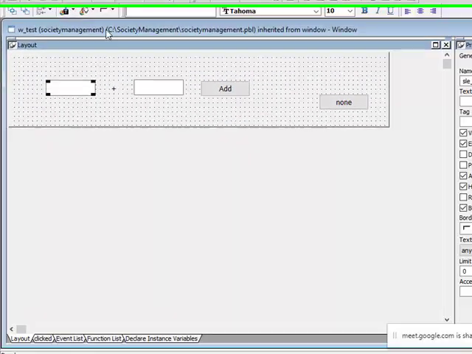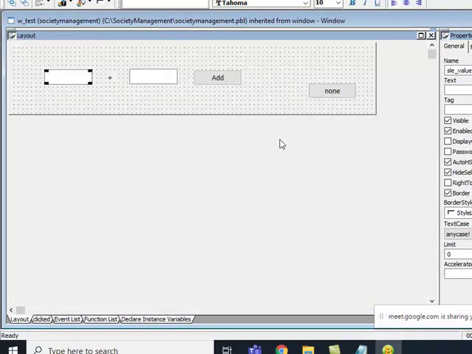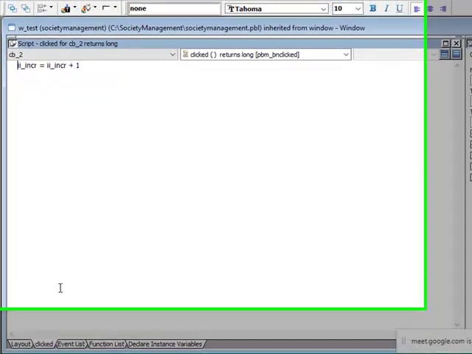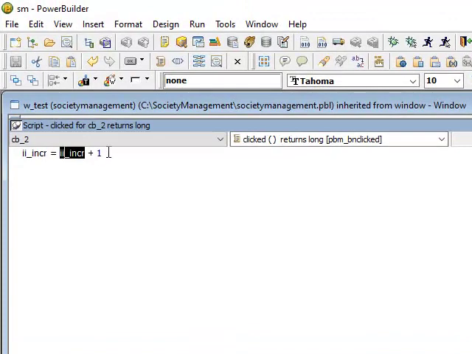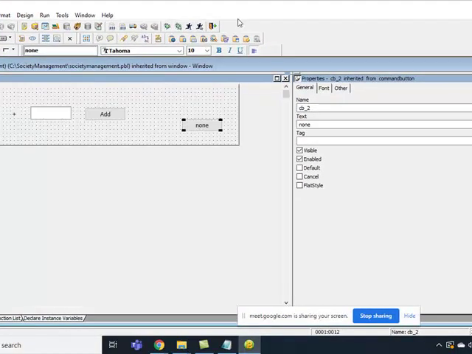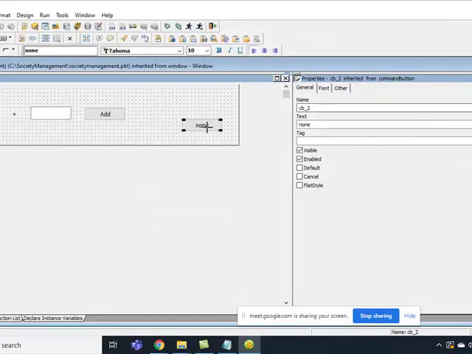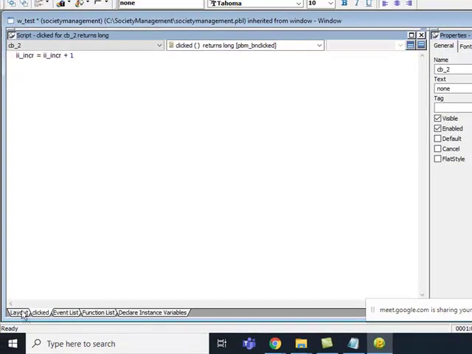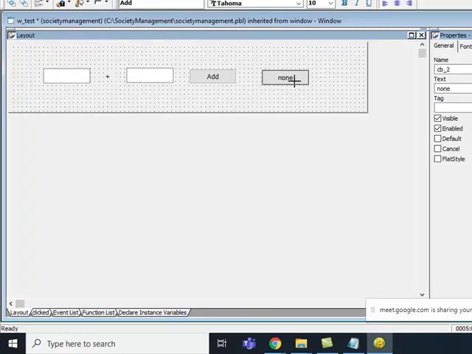Perfect. So that is the reason the variable which I created here, I can use on this button. What I am doing on this button is, whatever the value of this incr, add 1 to that. Let's see what happens. Oops. I'm not displaying it anywhere, right? I have just added it. So let me do something, not any big thing. Just let me copy here. Copy paste is a very good feature in any language.